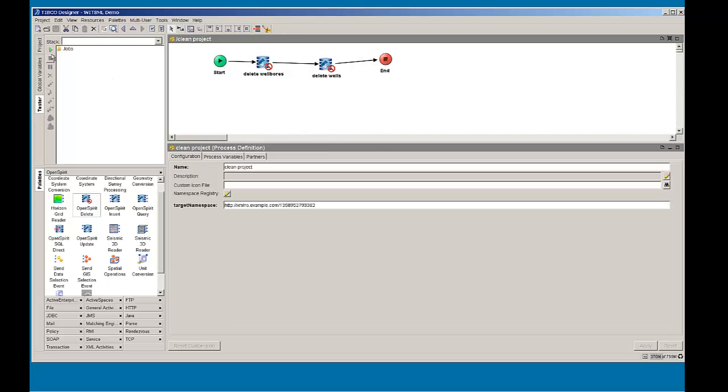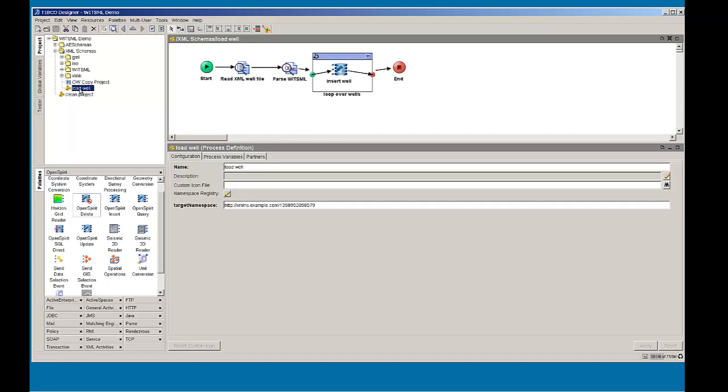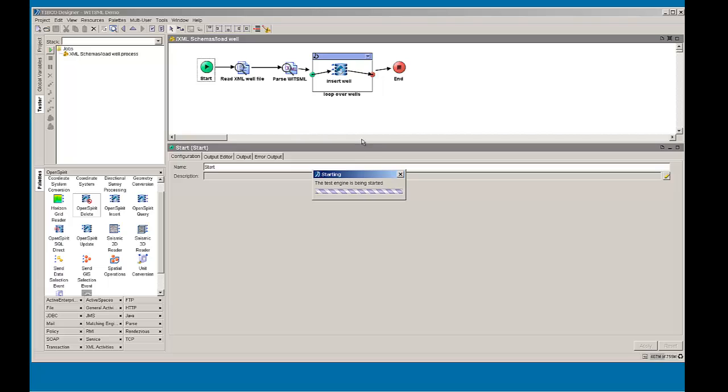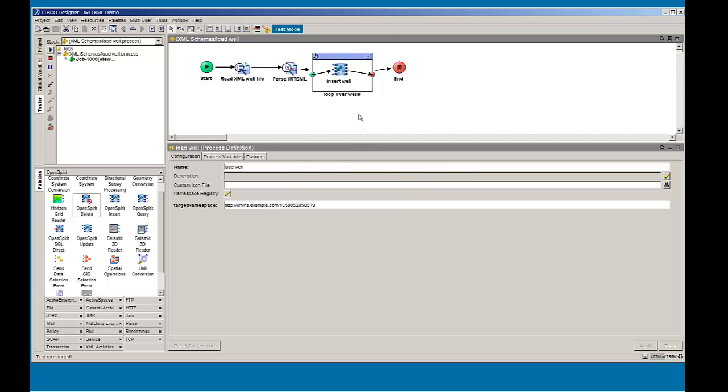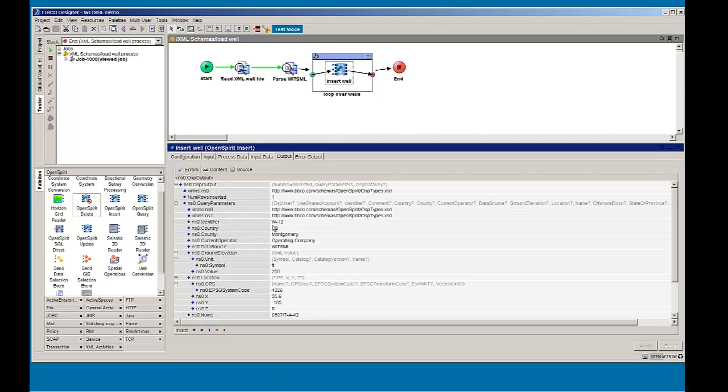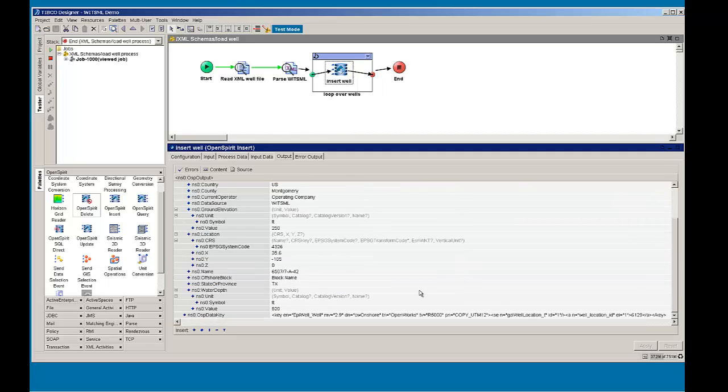So we've done that. Now let's go back to our main project, and we have our load well, and let's go ahead and test that. So let's test our load well activity. It's starting up. It's done. So I can click here and look at the output of that activity, and it says number of rows inserted 1. So it inserted one well, and these are all the values it inserted. Let's expand this a bit here. It inserted all this information that it read from my WITSML file,